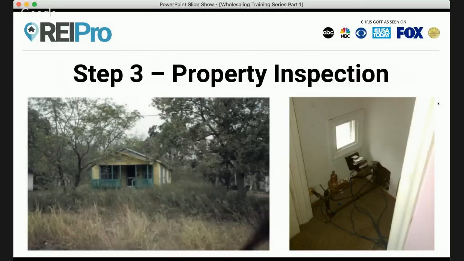And I walk through the house. Of course, the utilities are off. The door was wide open, so it's really dark inside. And I get in and I see all these black trash bags. And I'm like, gosh, it must be a hoarder or something like that. And I go through, and of course, curiosity sets in. Wonder what's in the black trash bags. And so I step over one of the bags, and I